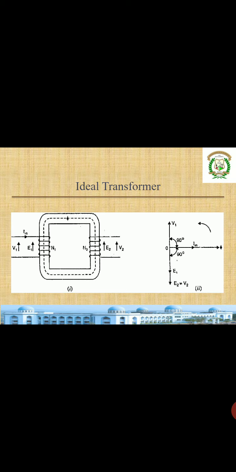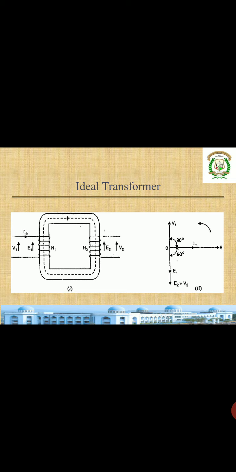In this phasor diagram, you can see there is a voltage V1 which we are going to apply. When we apply the voltage V1, we know that our primary coil is purely inductive. Because of that, the current flowing in the primary coil lags by an angle of 90 degrees. In a pure inductive circuit, we know that current lags voltage by 90 degrees. The same thing I have shown there. See, V1 is applied, which is in the vertical direction. So Im is exactly 90 degrees, in the horizontal direction, to V1.